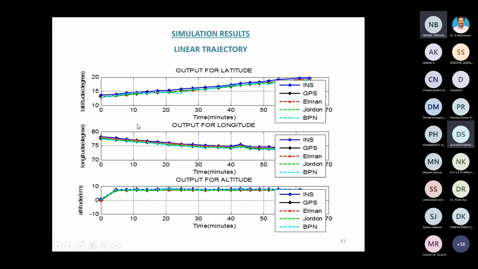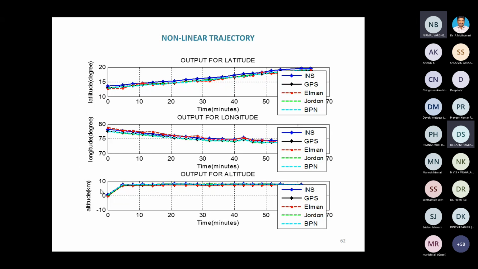The same concept you can do for longitude and altitude also. Altitude, I make it in kilometers. For simulation's sake, I'll go up to 10 kilometers. But in real time, it is up to 5,000 kilometers. Okay. For a linear trajectory, this is the output. And this is for a non-linear trajectory. Almost the same, only the values will change. Otherwise, this is also a numerical value, that also a numerical value. The graph-wise it will be the same. The concept also will be the same. This is for the non-linear trajectory.